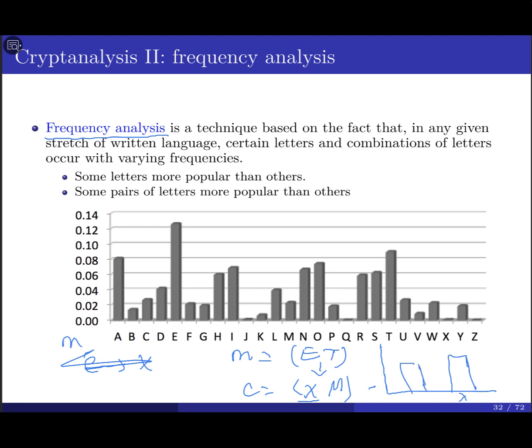It looks like, because I'm trying to guess, since X is the most frequent letter here, there is a high probability that X is the encryption of E. So I'm going to substitute X with E. Then M, the second highest letter I found in the ciphertext, looks like it stands for T. So I substitute M with T and X with E, then see how the ciphertext looks. You see that you start filling the gaps.